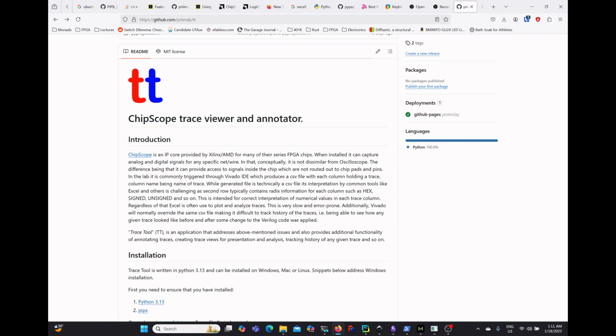Hello. Trace tool is a graphical application to display, annotate, and analyze trace waveforms generated by the ChipScope. ChipScope is a Xilinx, now AMD, IP, available on the FPGAs. When incorporated into the FPGA netlist, it, together with your chip model, can record digital and analog signals present inside